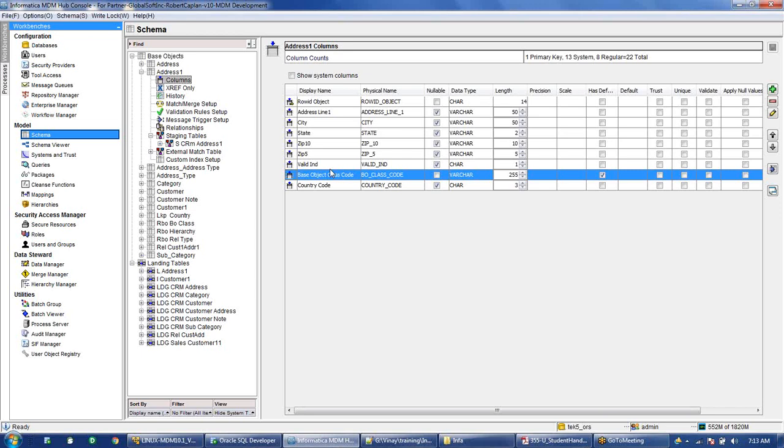After the HM is configured, we can test it here itself by loading the data, to see whether my HM configuration looks fine or not. Once it looks fine, I will come here and make these columns nullable columns.